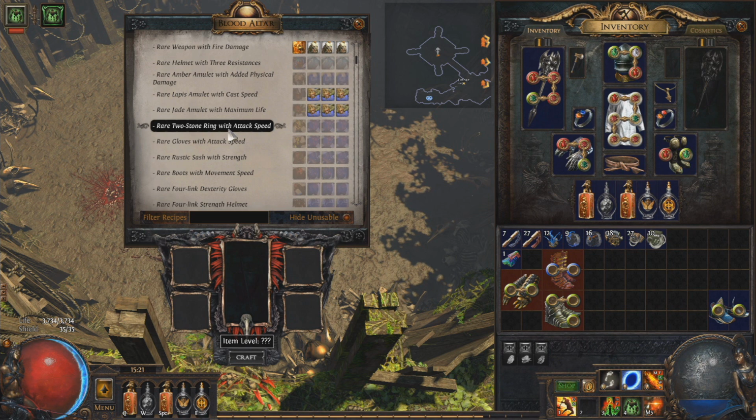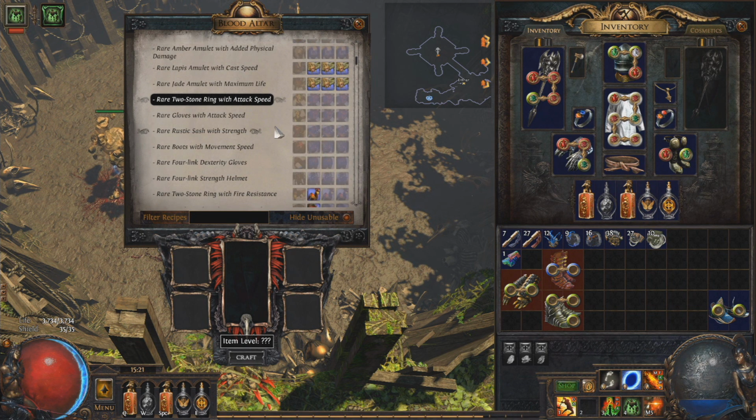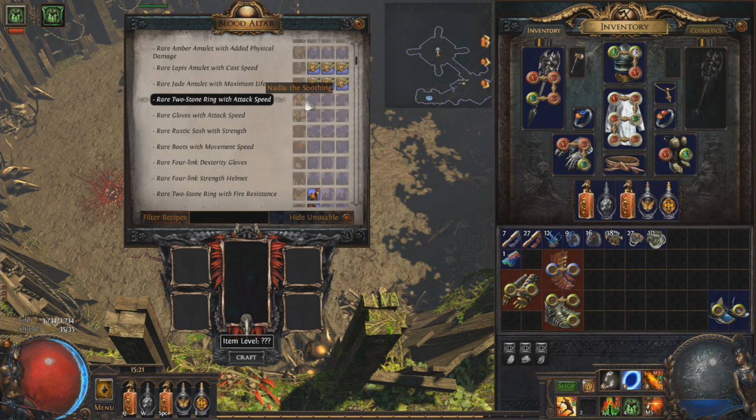Nadia the Soothing there. That's pretty good stuff to get because rare jewelry can be very nice while leveling just in general. It only has to roll like 1 or 2 other good things on it in addition to the attack speed, and you've got a pretty nice piece of jewelry that could carry you through to endgame. And remember, these things can be farmed. So if you really want to get something very good in that slot, or the thing you rolled the first time is garbage, you can easily just go back, recapture that boss, and the other requirements of the recipes are